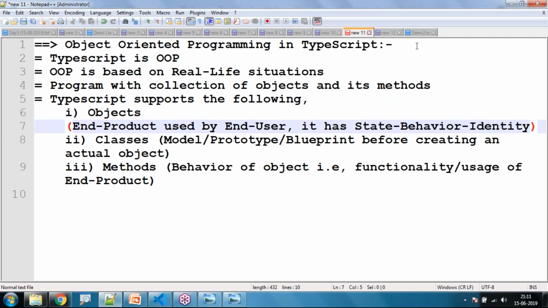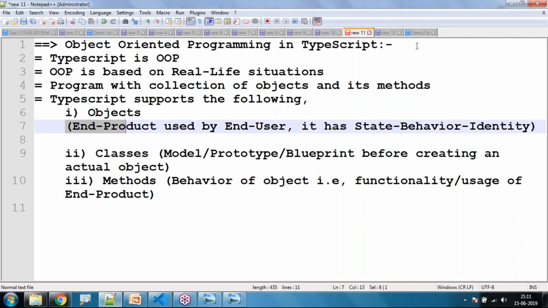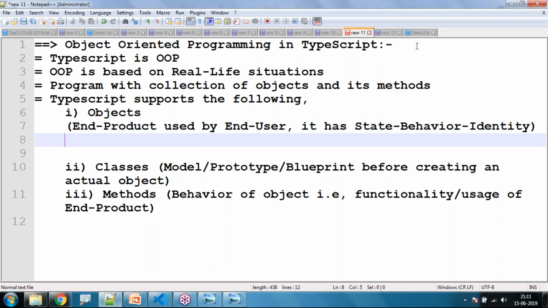Okay, so object is nothing but end product used by the end user. So it has state, behavior, identity. State means variables, behavior means function, identity means name of the object. Object is nothing but the end product which is used by the end user, and every object has three things: state, behavior, identity. For example, if you take a mobile phone,